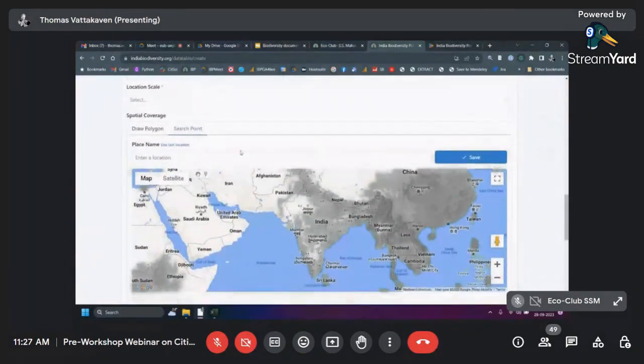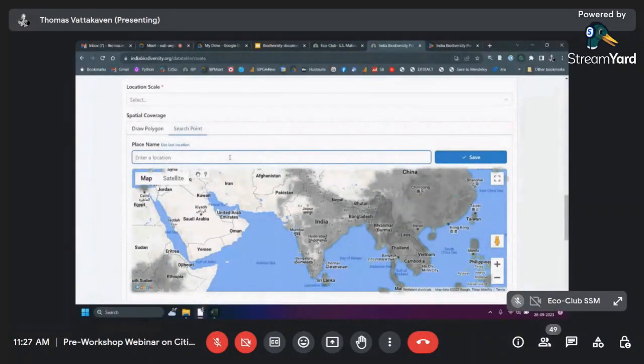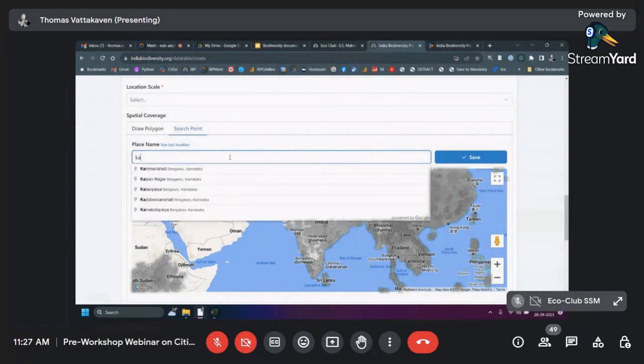Here again, a slightly different workflow for adding locations. You can actually add multiple locations, but typically you don't use that. So if you say this is all from Kannur, you